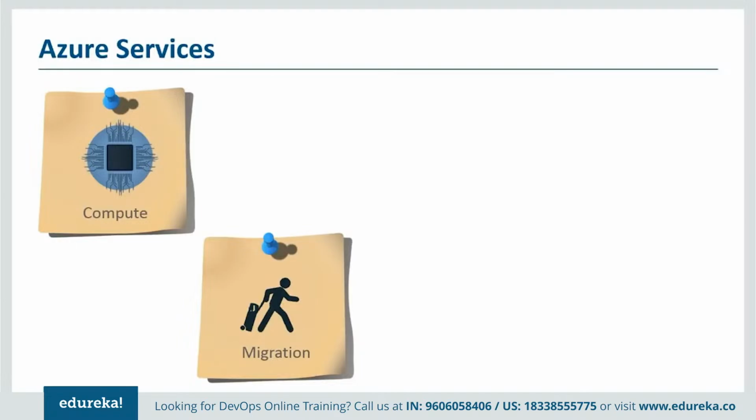The other interesting point to note is that it's not just about taking your application and migrating it into the cloud. It's also about building hybrid applications, which means you can build an application that is running on-prem, but extend some part of the application onto the cloud. You can do that as well. So migration is not about dumping all your current infrastructure and moving everything to the cloud. You can move a part of your application or a part of your system into the cloud, and you can have hybrid options available.